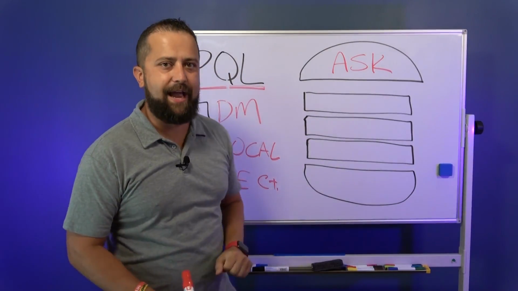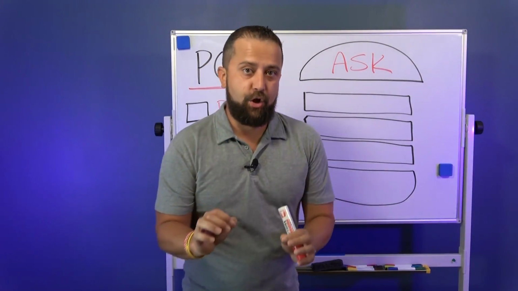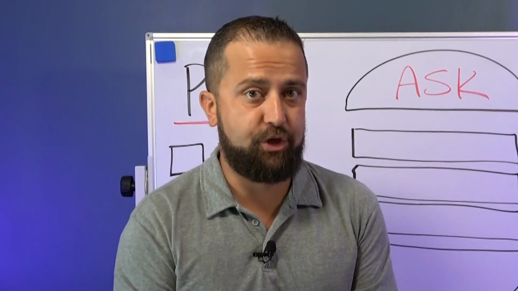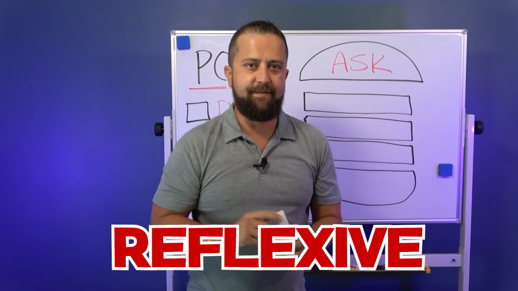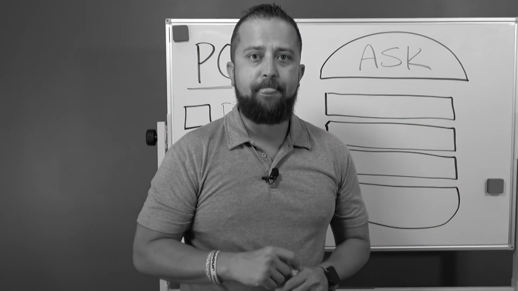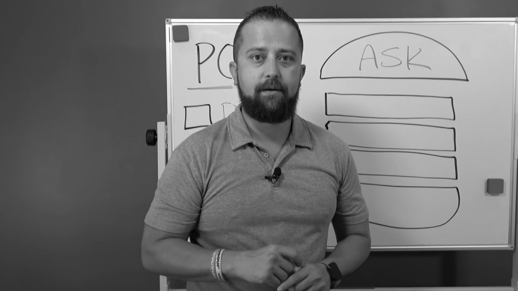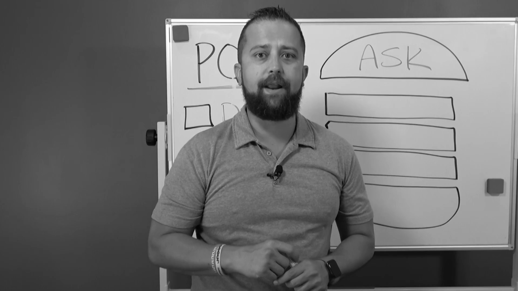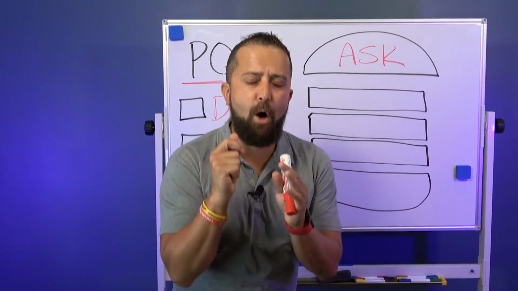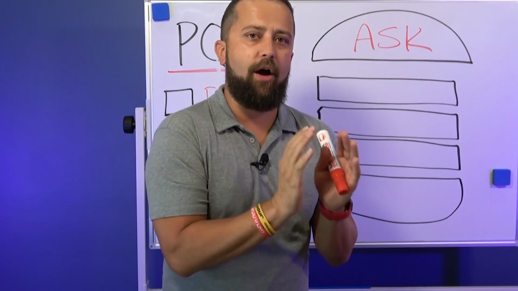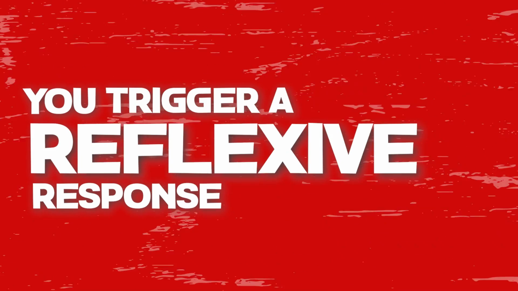Here we go. Here's exactly how it works. What you're not going to do, N-O-T, is go through the door and start the conversation off reflexive. Example, hi, how are you today? I'm fine. What can I do for you? Reflexive. The moment you start a conversation off reflexive, you trigger a reflexive response, and then it's all going to